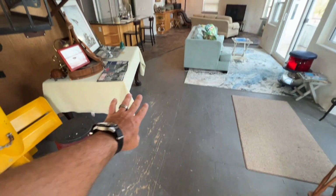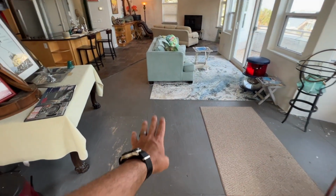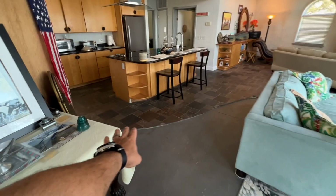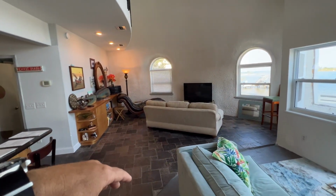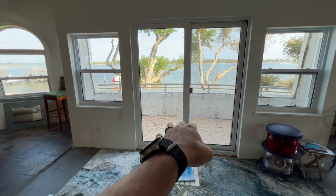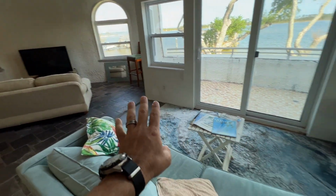This right here could totally have luxury vinyl plank put down or tile. I wouldn't put tile, I would put vinyl plank. It would be easy. You could butt it right up against this tile. Paint these cabinets, new couches, do something over here, maybe even paint this whole thing right here. And out there, I would redo that because it'll probably leak, but this can be fixed and this could really